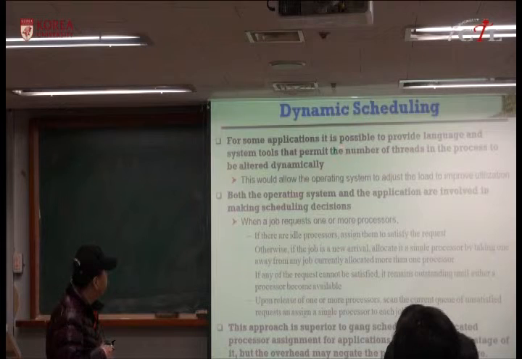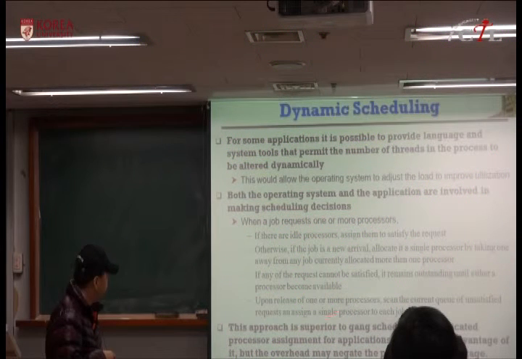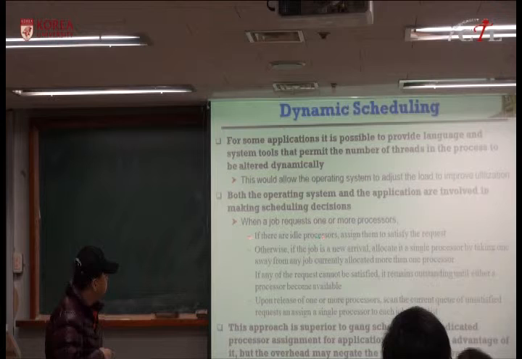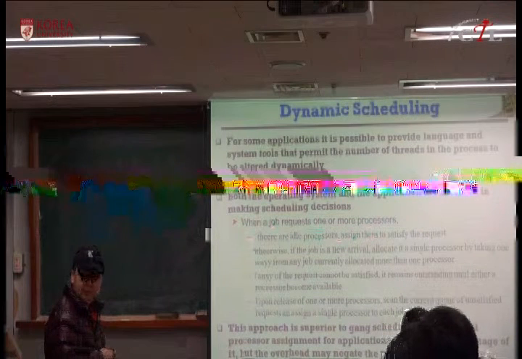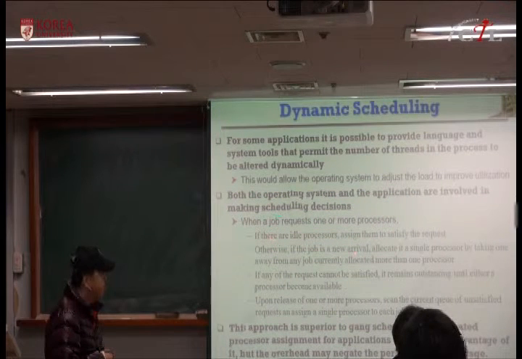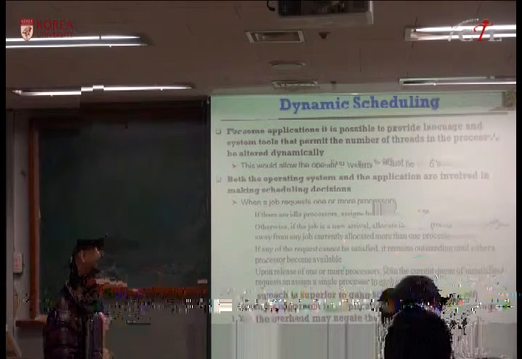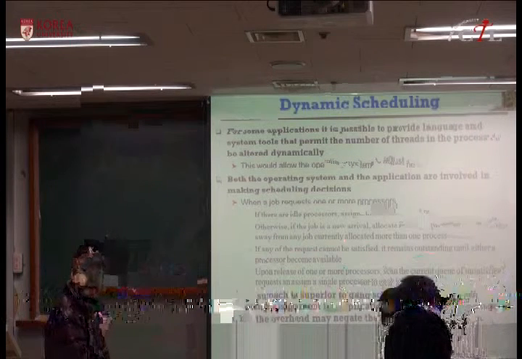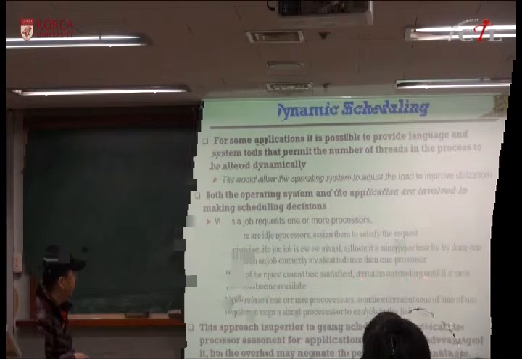For this dynamic scheduling, the operating system and the application are both involved in making scheduling decisions. So scheduling is done in this way. When a job requests one or more processors, if there are idle processors, then assign one of these idle processors to this job to satisfy its request. If there are no idle processors, then if this job is a new arrival, a new job, then you take one processor away from an existing job that has more than one processor and allocate this processor to this new job. If any of the requests cannot be satisfied, it remains outstanding until either a processor becomes